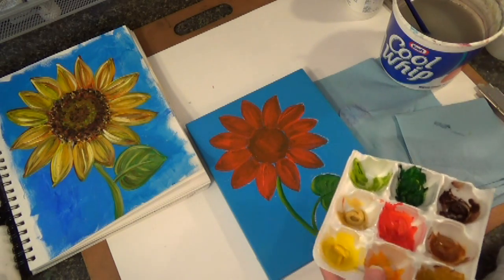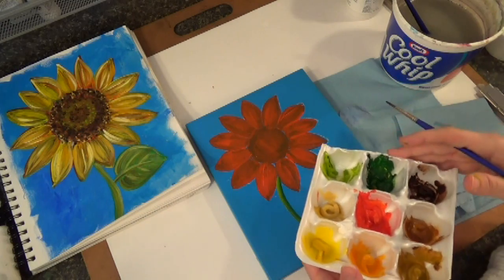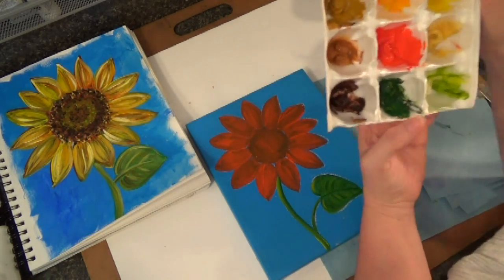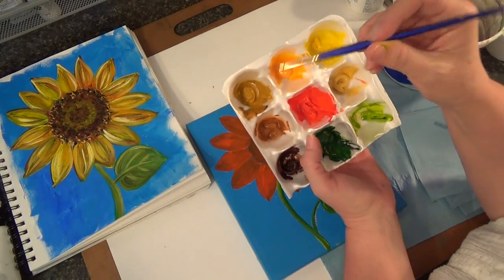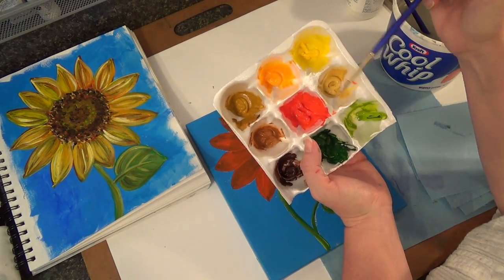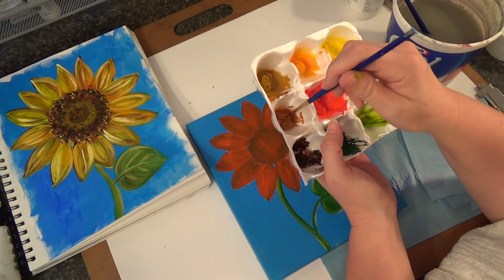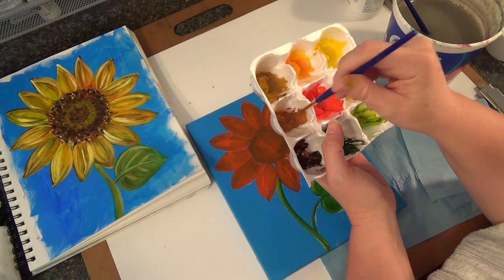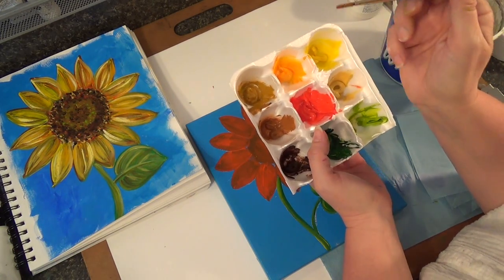and let's start laying in our petals. And this was really fun. What I decided to do was do a progression from dark yellows to light yellows on the petals, and it really worked out well. So we just started with the darkest yellow, which is really a brown, a raw sienna,